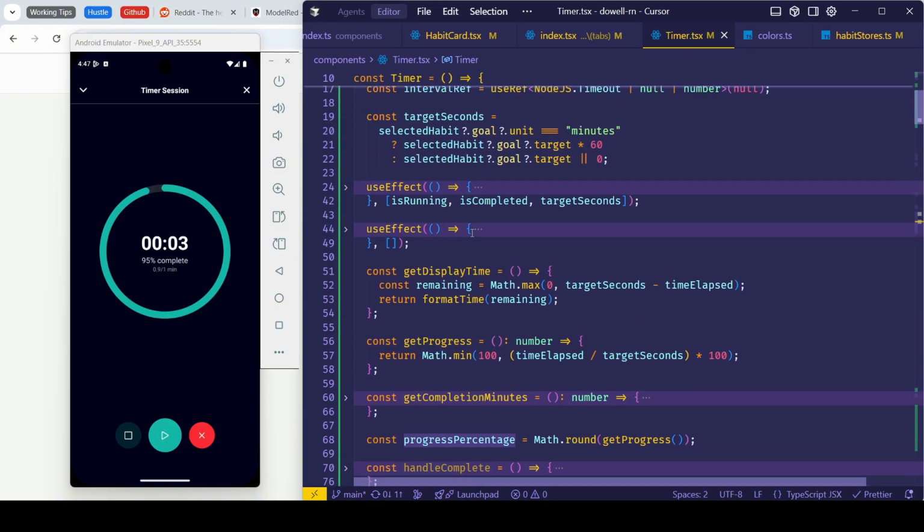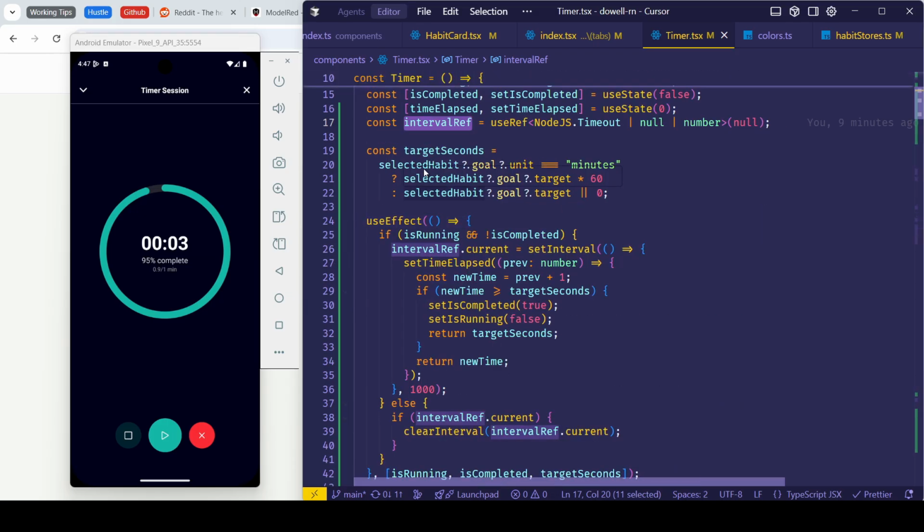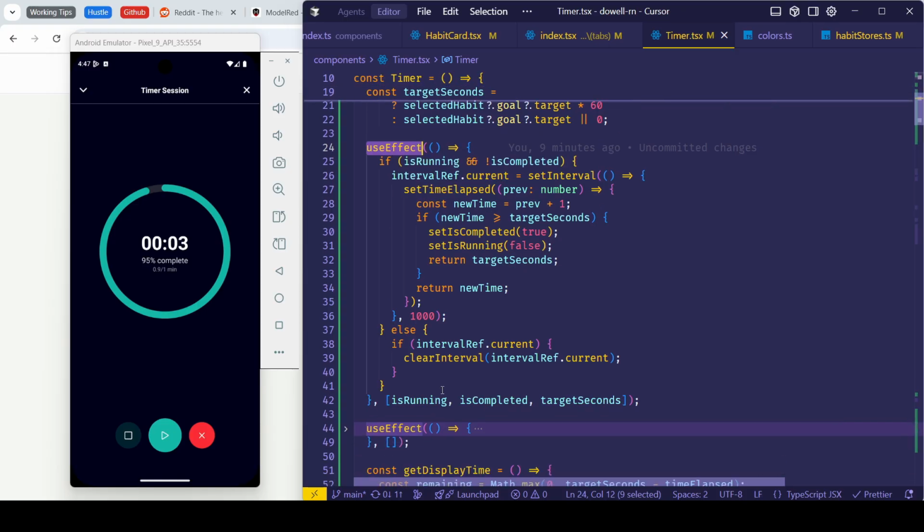Then we're going to talk about the countdown system. So I just set a useRef to this variable, intervalRef. Then we can use useEffect to make the countdown effect with setInterval.